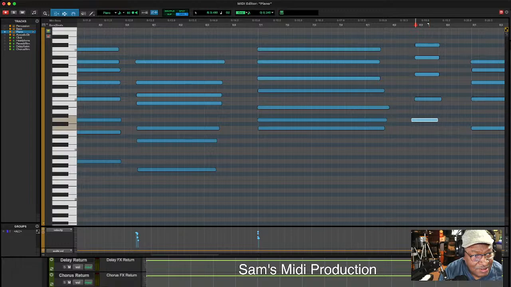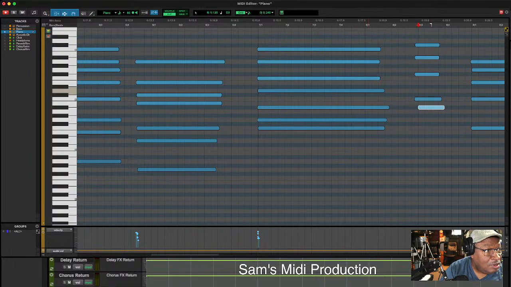I'm trying not to slide it over. This is where mouse skills come into play, because the timing is a little bit off. I can't line it up unless I turn on slip. Right? Is it slip? There we go. And let's see how we sound now. 2, 3, and